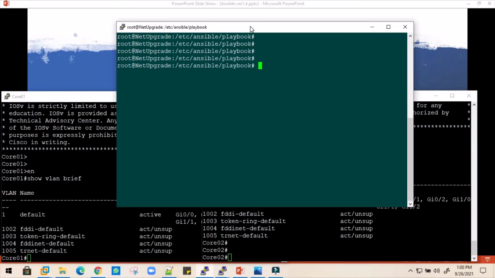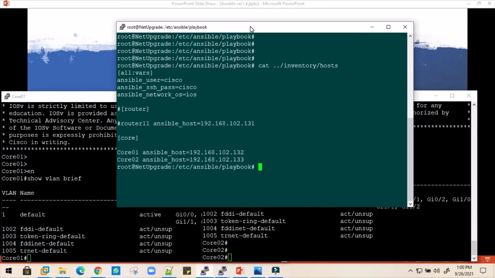Okay. Before we go ahead, let's verify the inventory file, which contains the devices where the playbook we are going to execute will run. These are the two devices: core 1, which has this IP address, and the core switch 2, with the IP address ending in 133.